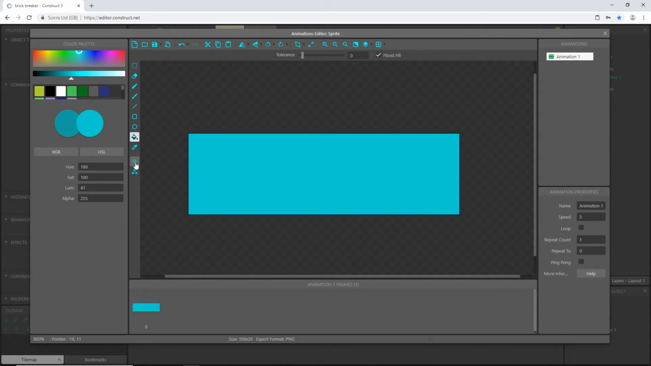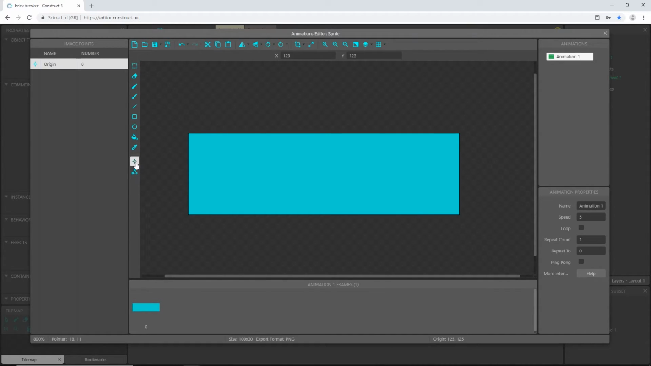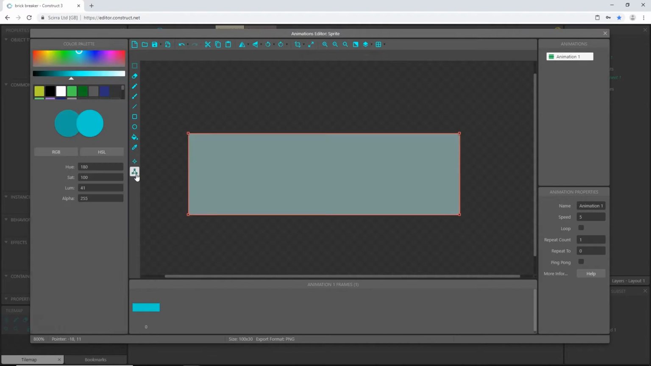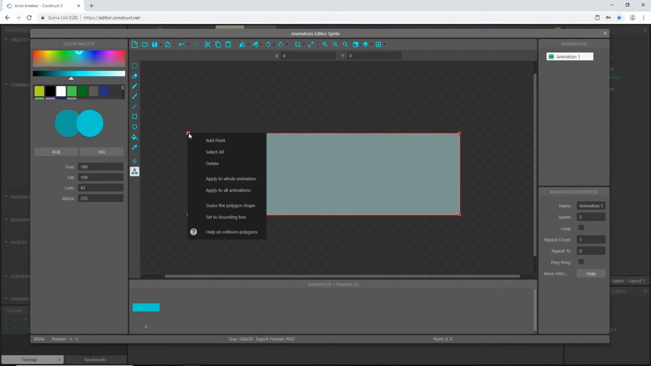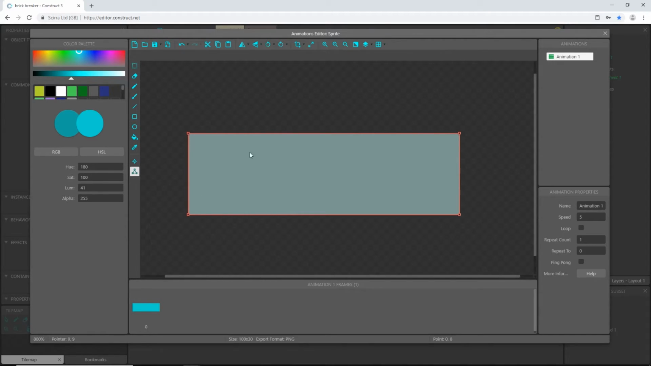And before we move on, let's check our origin. And I'm going to hit 5 on the keyboard, put it right in the middle, and make sure our bounding box is covering the whole box. If not, just right-click on one of these points and select Set to Bounding Box, and that will cover your whole square or rectangle sprite. All right, with that blue color selected, I'm going to slide this over to a much brighter or whiter color